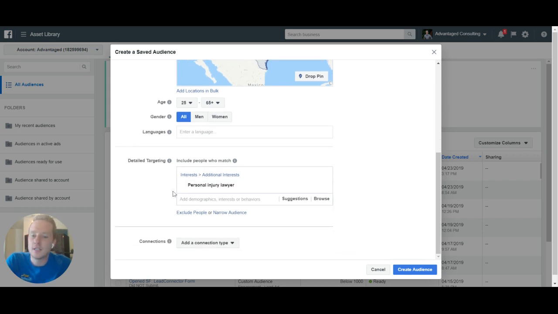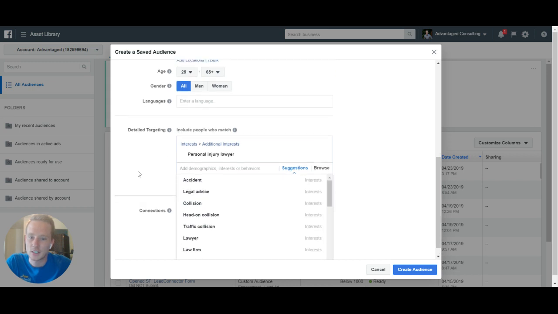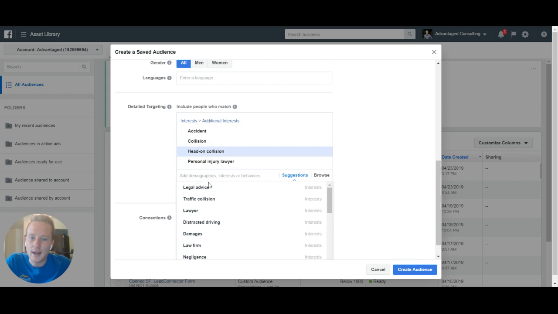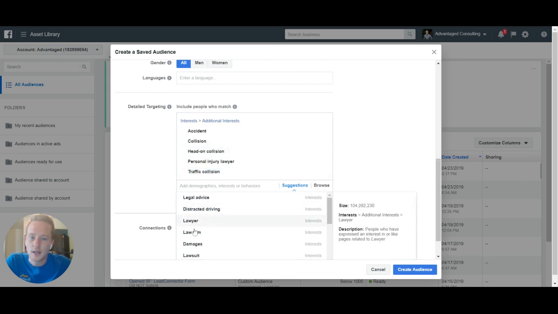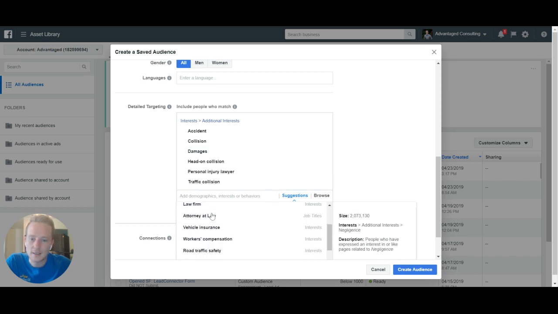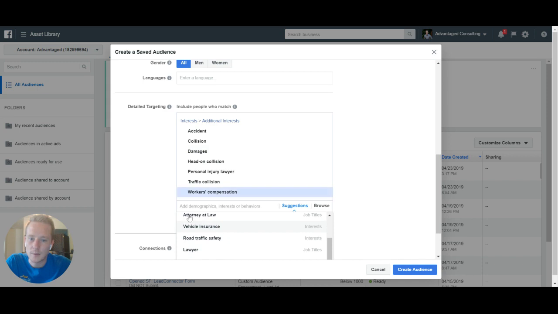Now, that's not the only thing you want to target because this is going to include everyone. You can go and click suggestions. You can click accident. You can click collision, head-on collision, traffic collision. What was another one? Damages. I think lawsuit was too broad. Workers' compensation.